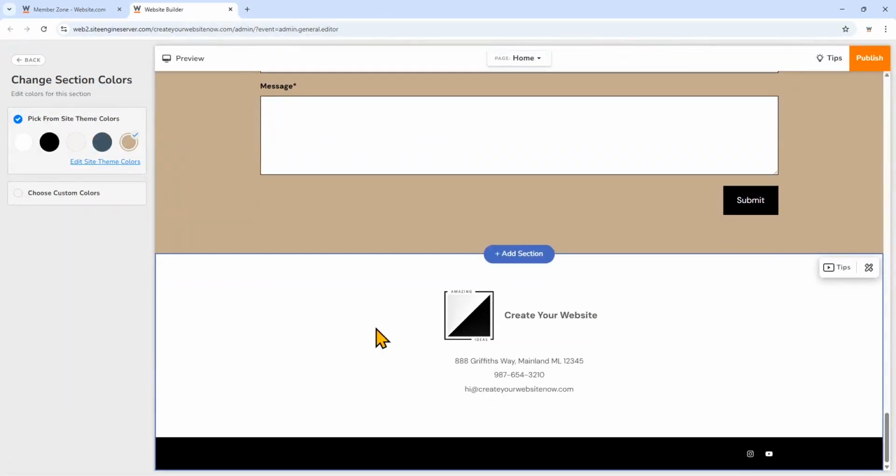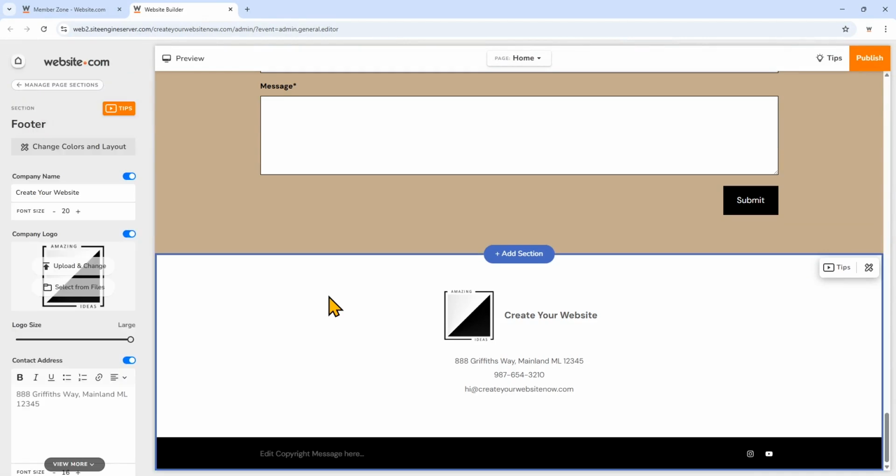I'll show you this time we can edit it just by clicking on the section itself, and you'll see all of those fields that you can edit on the left. So a lot of the editing logic for the footer is the same as what we just did for the header, but I'll go ahead and edit the contact info.